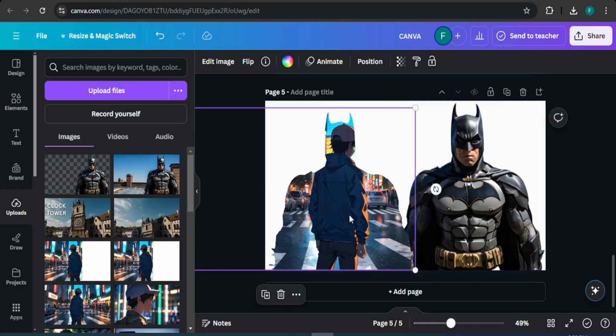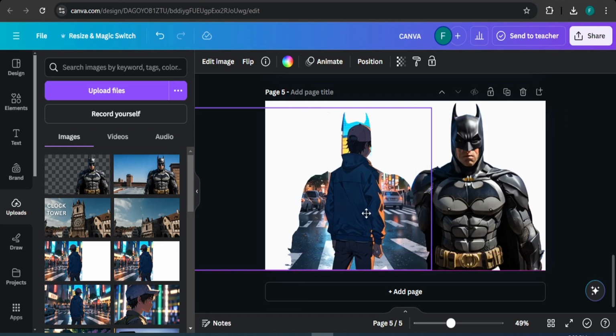So that's it, guys. This is how you can create custom frame with any